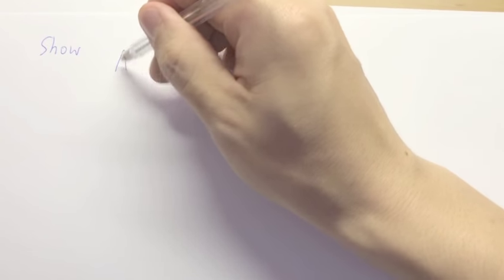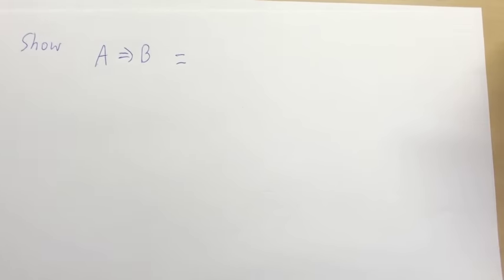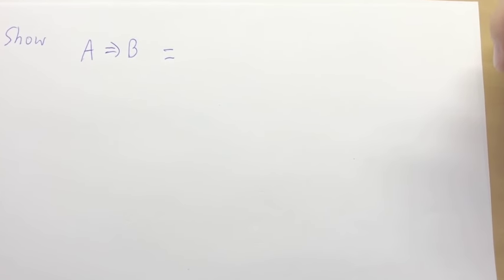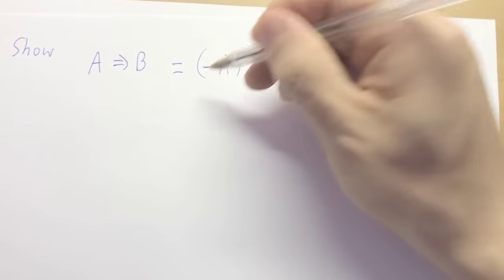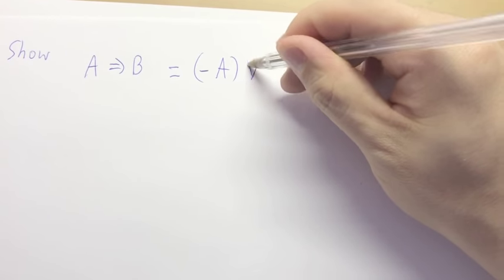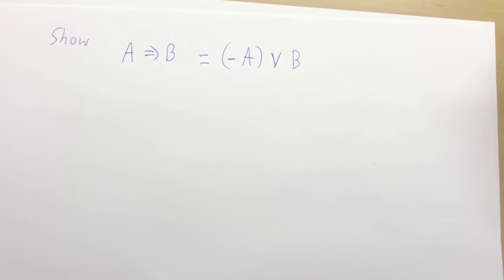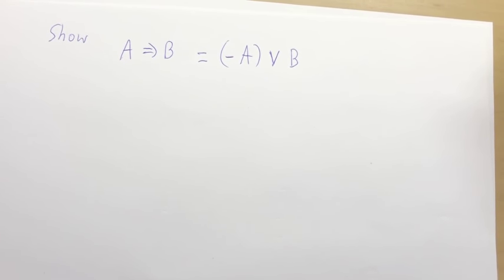Show that A implies B. Remember A and B as statements. It's logically the same as saying not A or B. Okay, so once again, hopefully you can think about that on your own, pause the video,